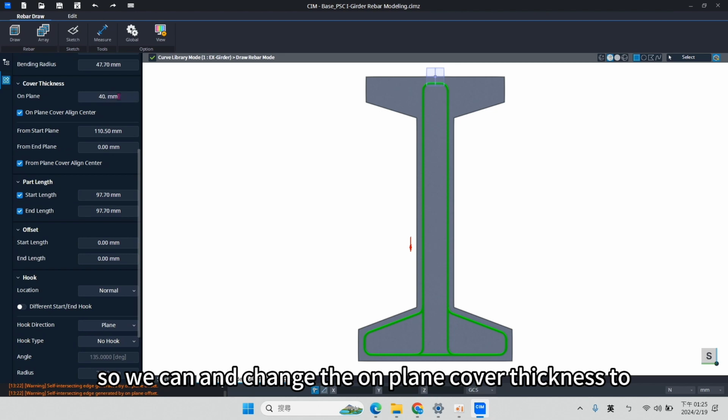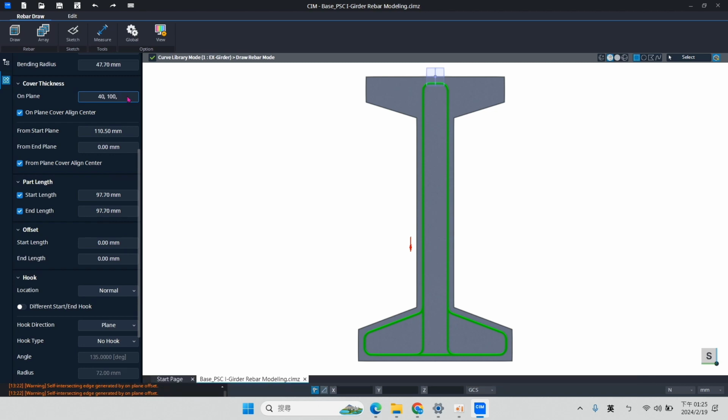So we can change the on plane cover thickness to 40, 100, and 5 at 40, 100, and then 40. So, and also in the from start plane, it will be 168.